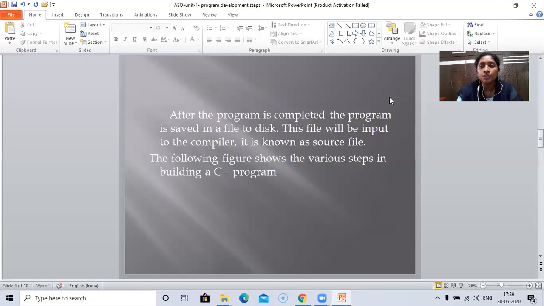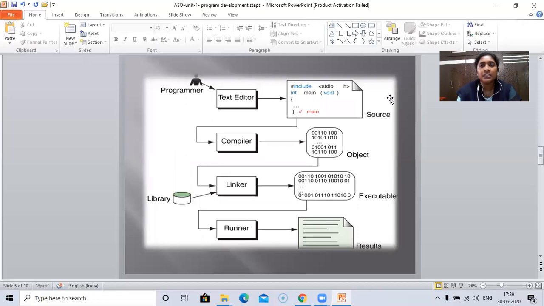This file will be input to the compiler and it is known as the source file. Who will write the source file? The source file will be written by the programmer in a human readable language, which is also considered a high level language. But C is considered a middle level language, which has features of assembly level, low level language, as well as inheriting the properties of high level language.